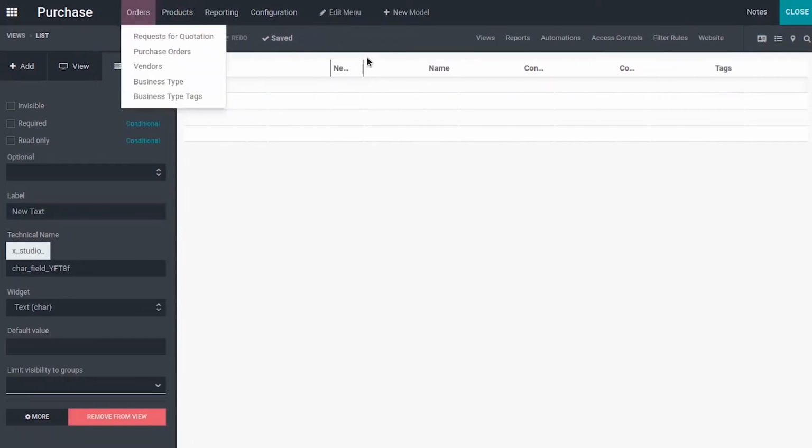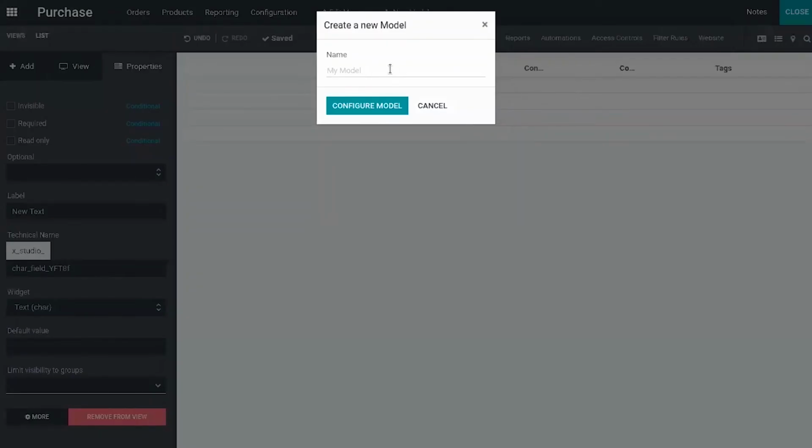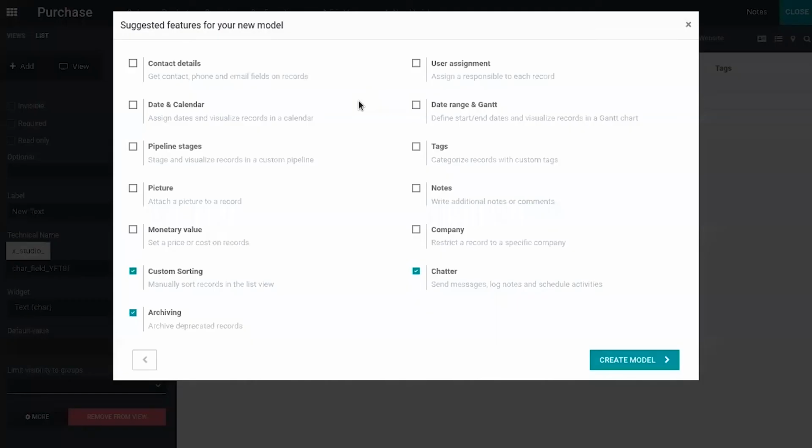Then without creating a menu also, we can create a new model. So if you click on new model, you can provide the model name and click on configure. Again, you can create a new model.